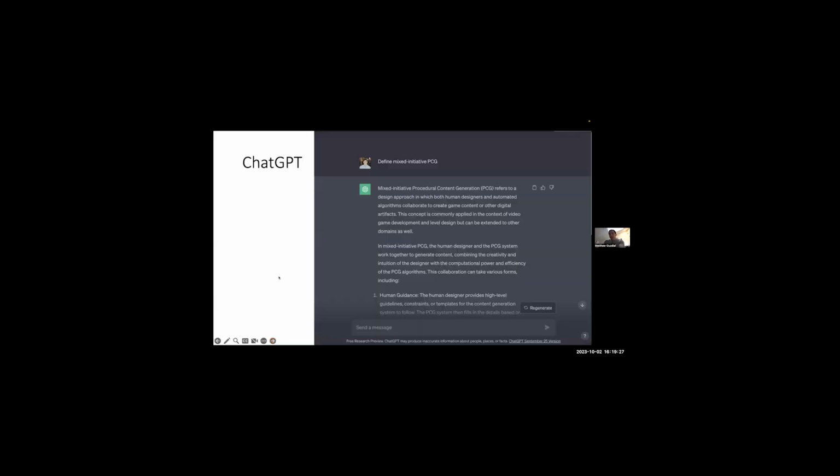There we go. Okay. We can also see this more recently in something like ChatGPT. You may not think about it like this, but you are working with ChatGPT to produce some digital artifacts, some output text, right? And the way that you're working with it is you're sending it a prompt. You're saying, do this thing, and then it is sending back text. And sometimes you can iterate on that prompt, right? You can say, no, not like that, like this, but you can't directly change the text, right? So this is a different model of how that mixed initiative PCGML process could look, or generative AI, if you like.